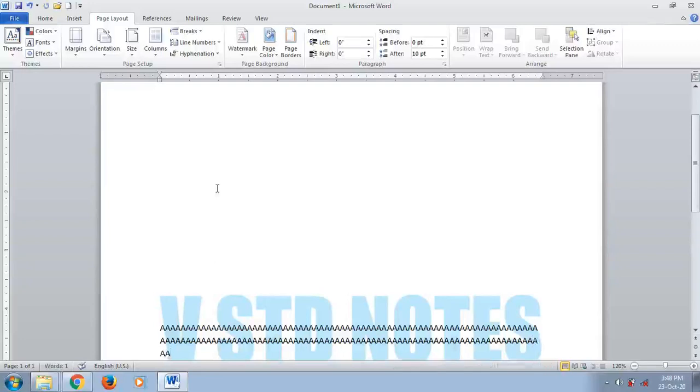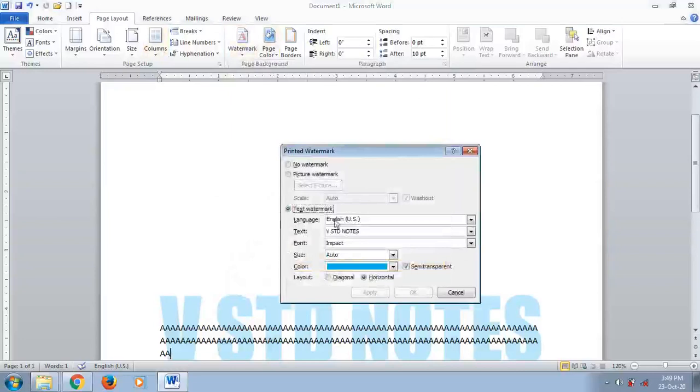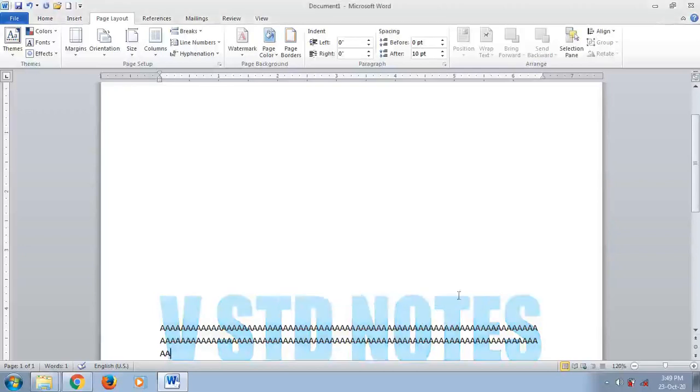You just choose the language, font, size, color, everything, then click on the Apply and OK buttons. When you choose semi-transparent and click on Apply, it becomes a little bit darker again. If you want it a little lighter, then tick that mark, click on Apply and close it. In this way you can set the watermark in your document. I hope you have understood how to insert a clip art in a document and how to add the watermark in a document. Thank you for watching.